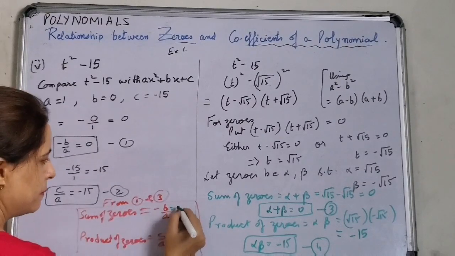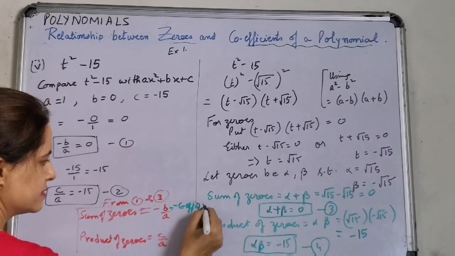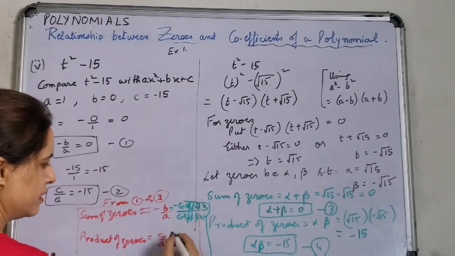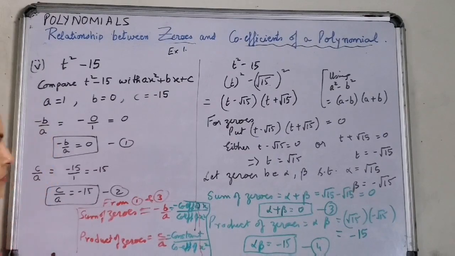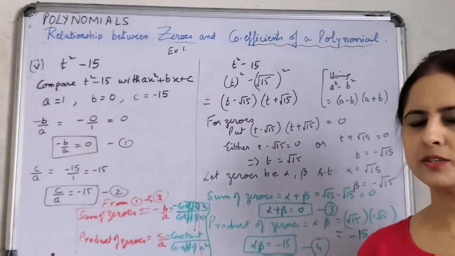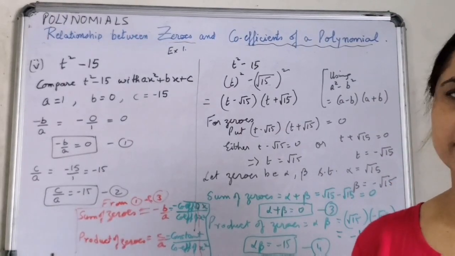Minus coefficient of x upon coefficient of x square here, and here constant term upon coefficient of x square. Note this down carefully, and now we are in the position to do exercise 2.1 completely, although it's just verbal, and exercise 2.2, first question, all the parts. Must do all the examples preceding this exercise.